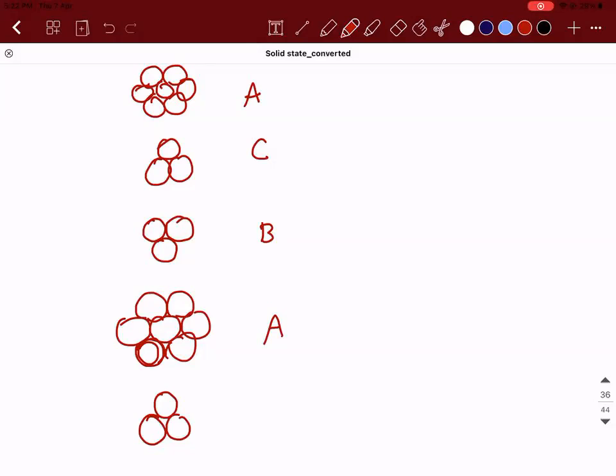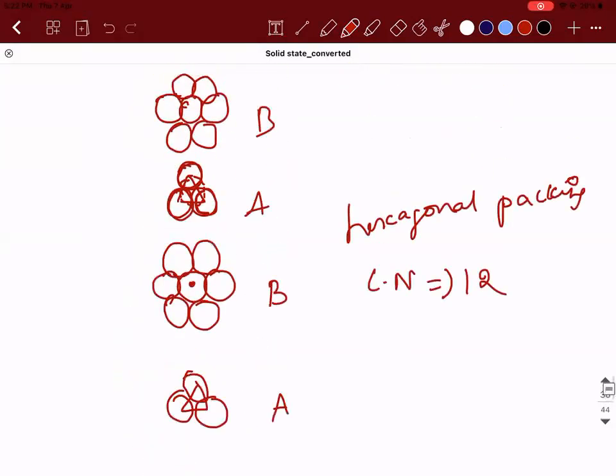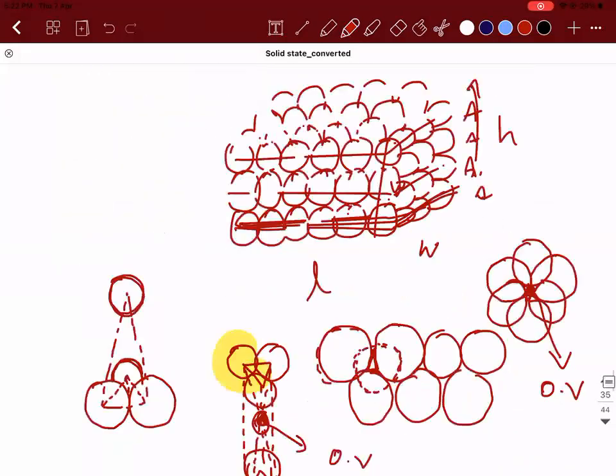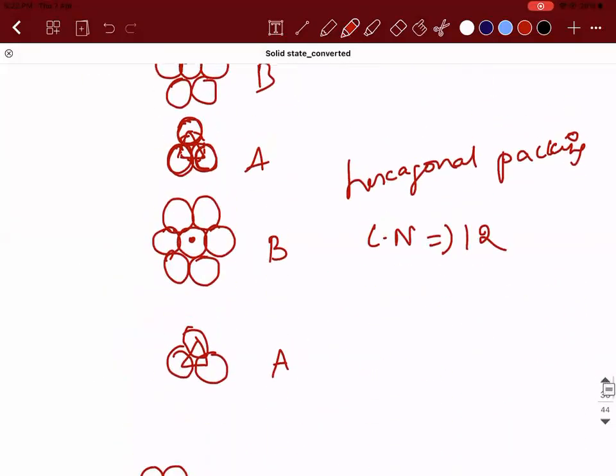Now here we have taken the octahedral void. Okay, so that is why I have mentioned here. See, placing the third layer on the top of the second layer, what happens? This third layer will cover the second layer's tetrahedral void. This third layer will cover the second layer's octahedral voids. So in the octahedral void, totally we have taken 3 particles in the first layer, 3 particles on the top of the second layer, right? So totally 6 particles. That's only I have drawn here.